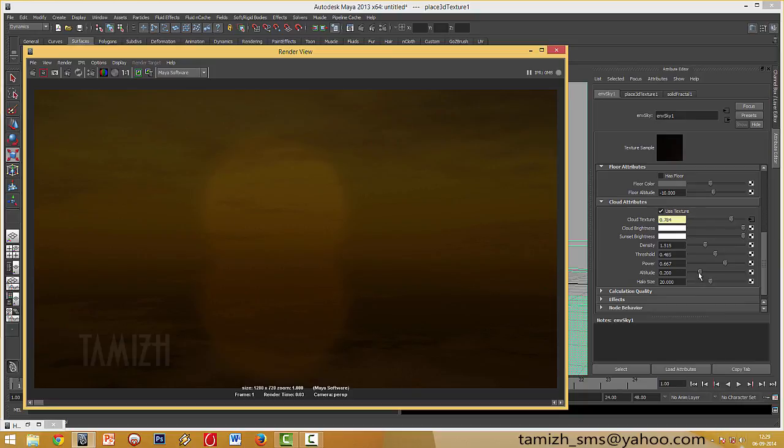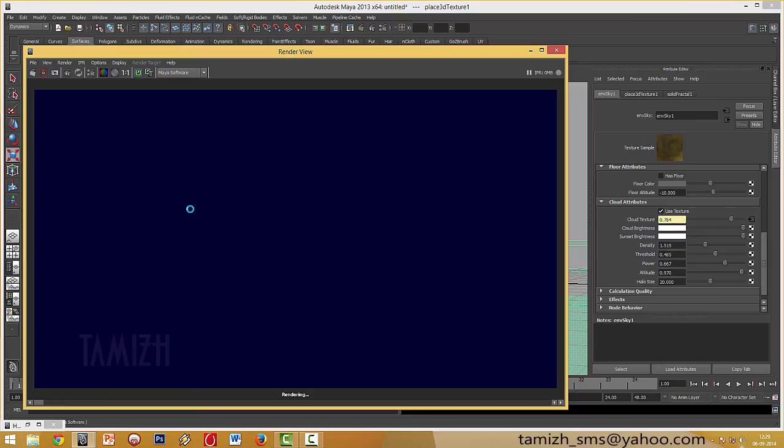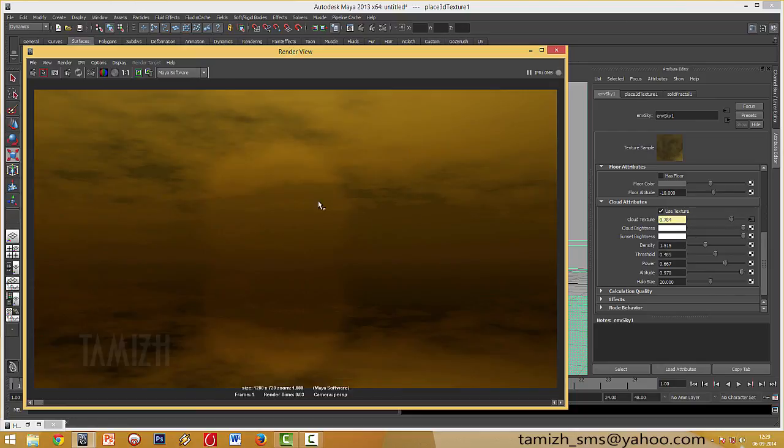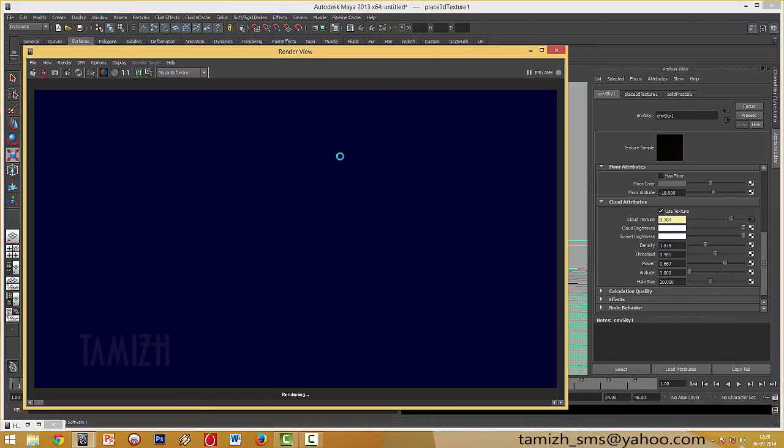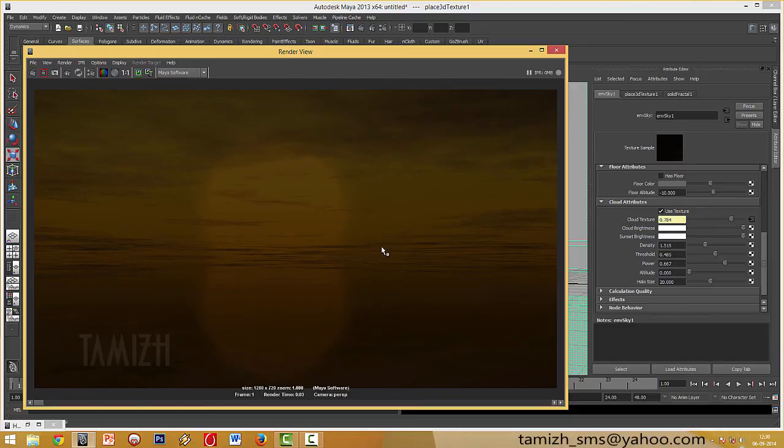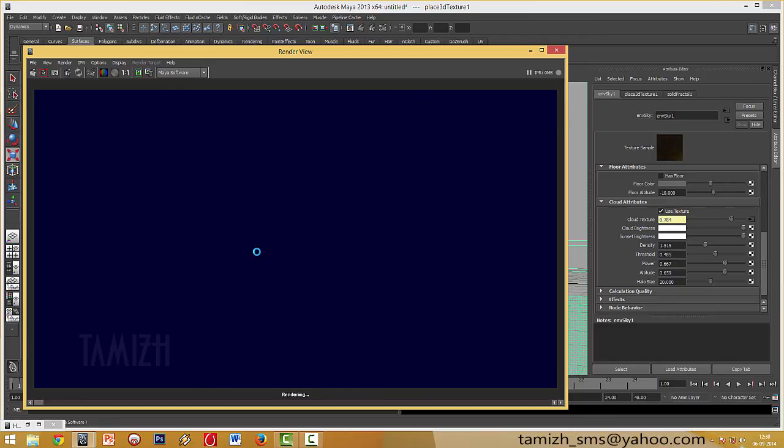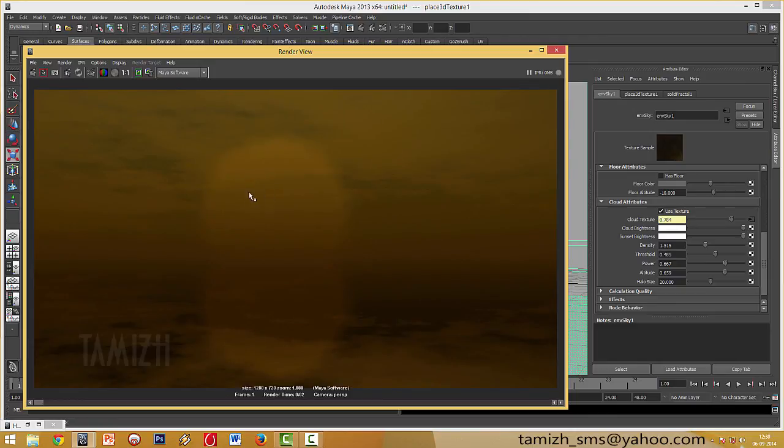And I'm going to change the altitude a little bit more, so you get more brightness. If you increase it, you start getting more bright. If you make it less, it looks like flat clouds. You see that? You see the sun. So I'm going to keep it half way, maybe around 6. That's looking better. I am going to increase the threshold a little bit more,